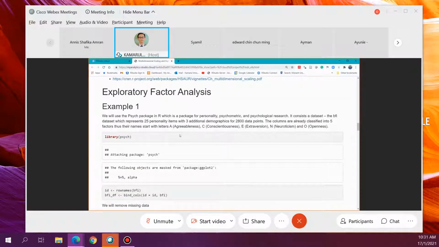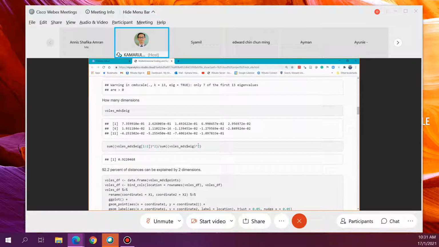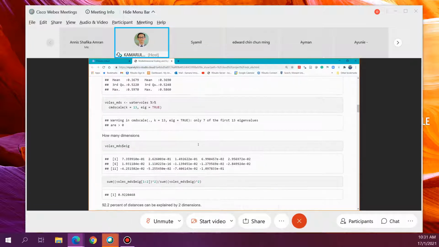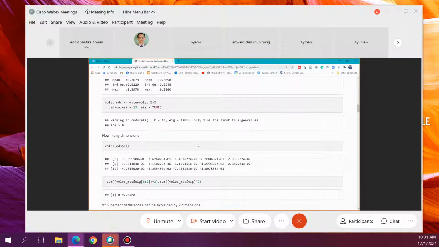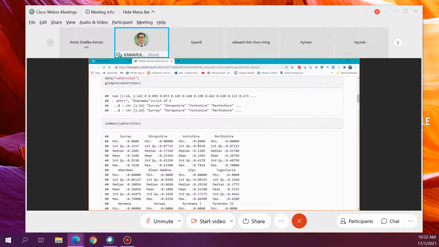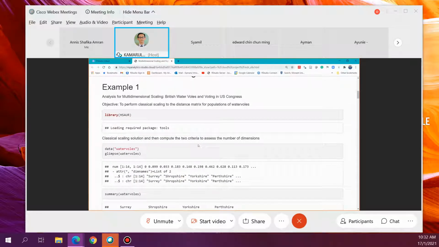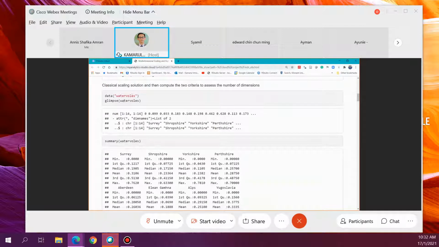Okay, that's basically the whole demonstration for multi-dimensional scaling. Of course, it has more than this. All right, but I don't want to bog you down with too many details. So what I've shown you is a very brief analysis on MDS in R. Okay, so if I can recap, I load this library and then I examine the data,